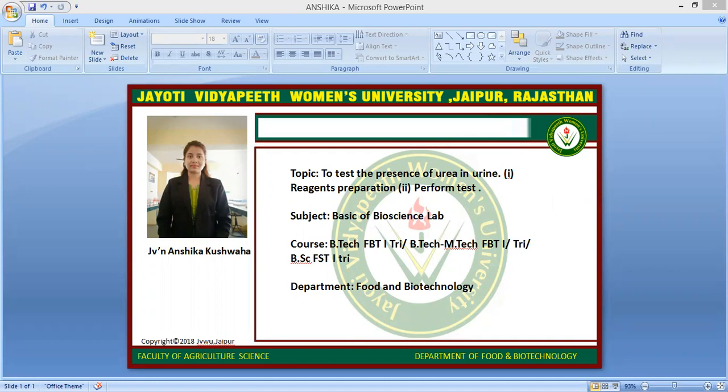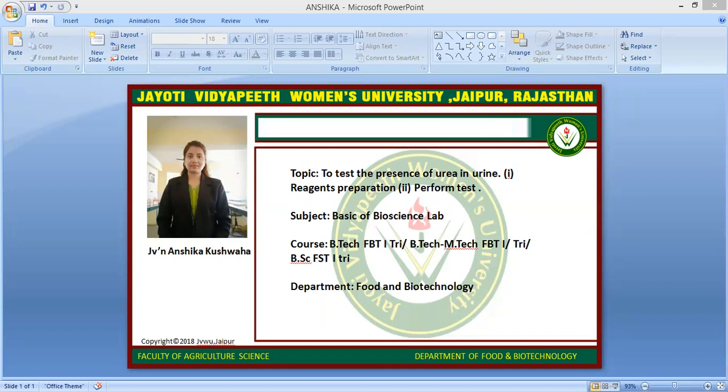So the principle is urine is a liquid produced by the kidney to remove waste product from the bloodstream. Human urine is yellow in color and contains various chemical components. It primarily consists of water, organic substances such as urea, uric acid, trace amounts of enzymes, carbohydrates, and hormones. The handling of urea by the kidney is an important part of mammalian metabolism.